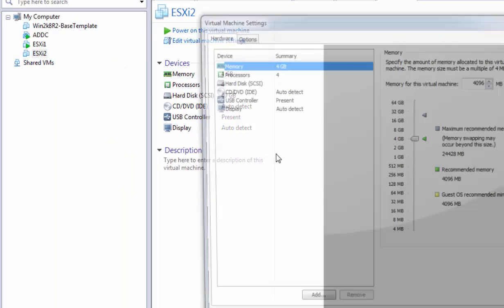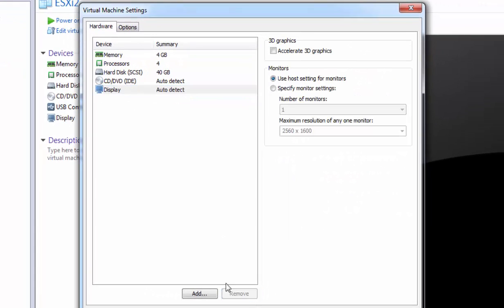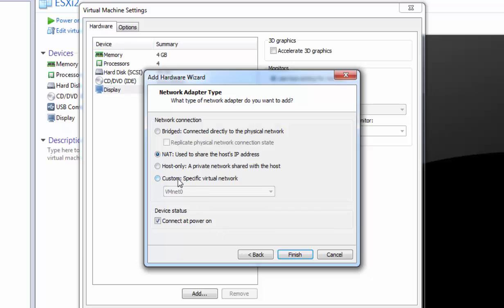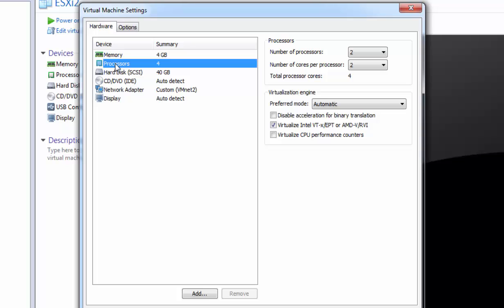Go to ESXi2, edit virtual machine settings, remove USB controller, add network adapter, custom, VMnet2, finish, go to